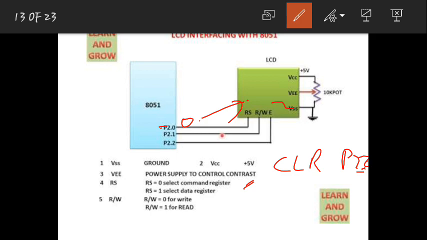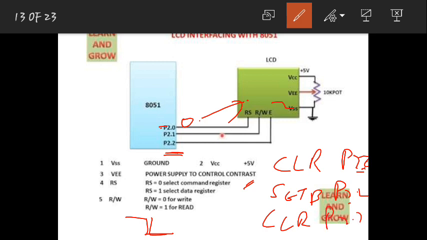For that, what instruction can you write? You have your P2.2 connected to the enable pin. First you make it high, then you make it low. So first SETB P2.2, next you make it low, CLR P2.2.